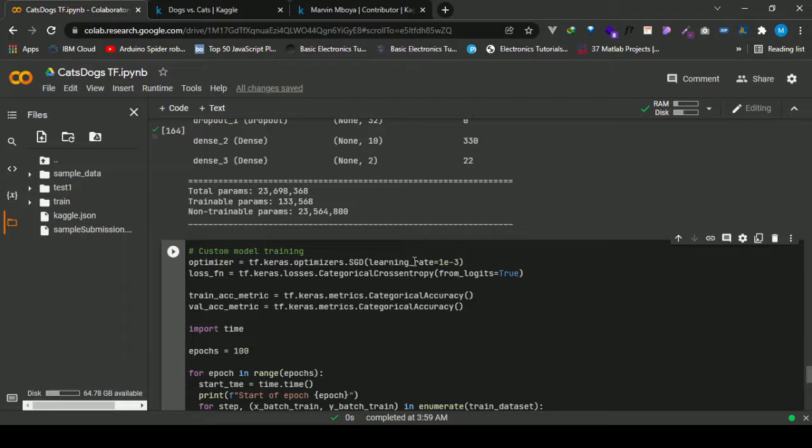And using this cost function, we get to propagate the loss back to the weights of the model, and then using the chain rule and the optimization function, we get to compute